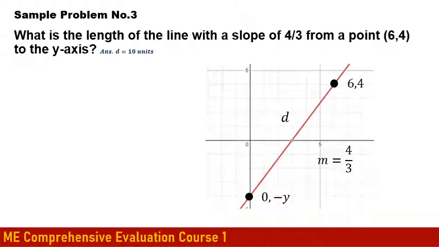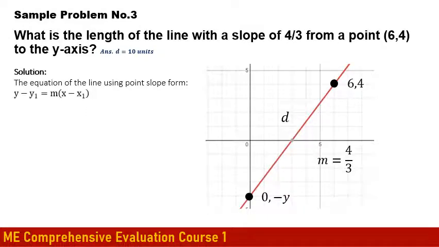So we are looking for the distance between this (0, -y) to (6, 4) if the slope of this line is m, which is 4/3. So from the equation of the line using the point slope form, since we are given the slope and the point, then basically we can get the equation of this line, and that is y minus y sub 1 is equal to m multiplied to x minus x sub 1,